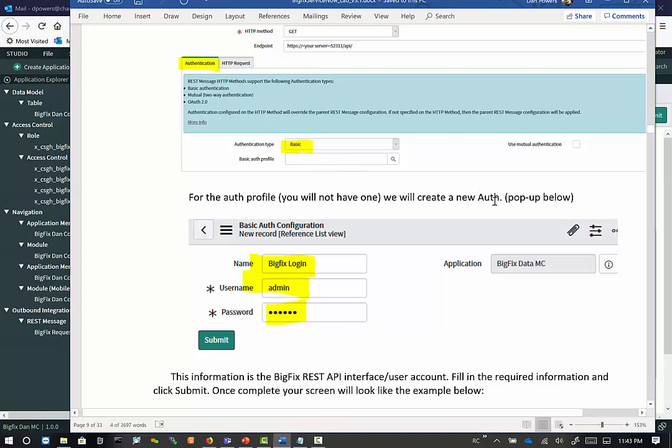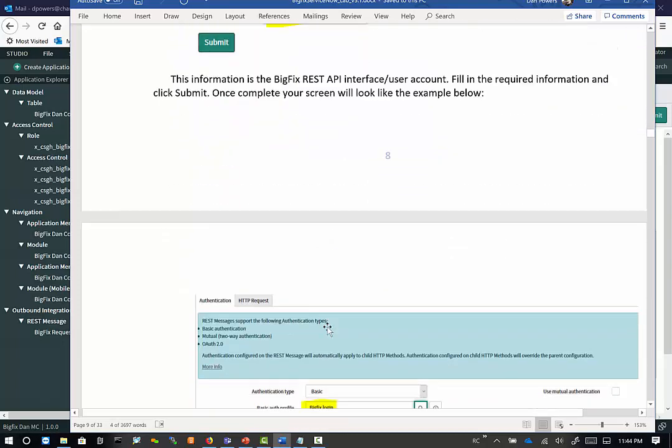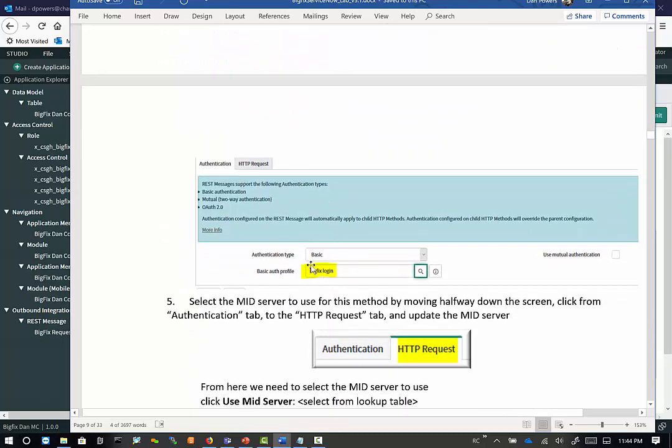You can create a new auth. A pop-up like this one below will show up. Again, I called it BigFix login. This is where you're going to type your BigFix administrator. I'm using the admin account and password here. You obviously have to have credentials to log in. You can submit that. And then if you notice, what you'll have is exactly what I have in the back